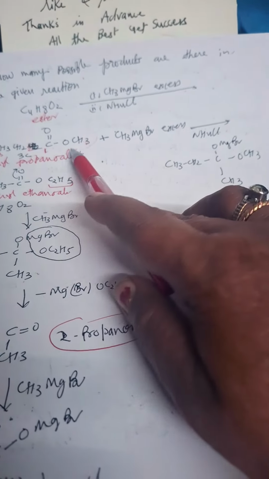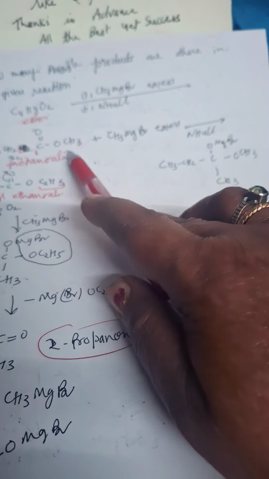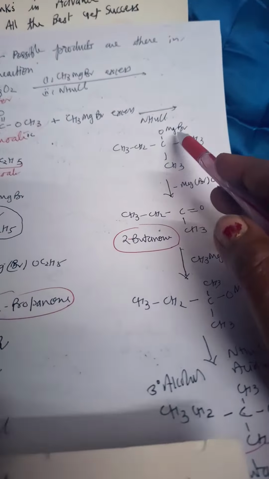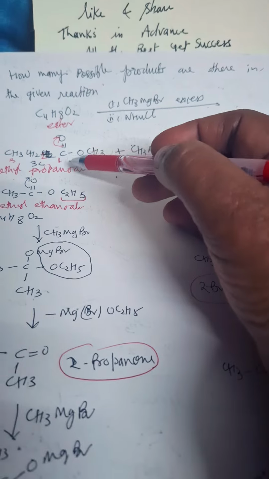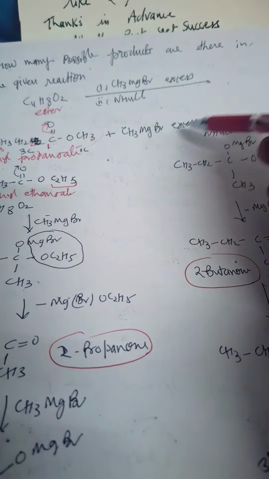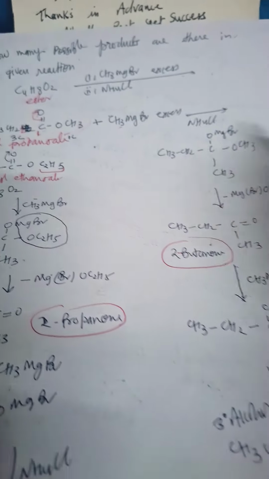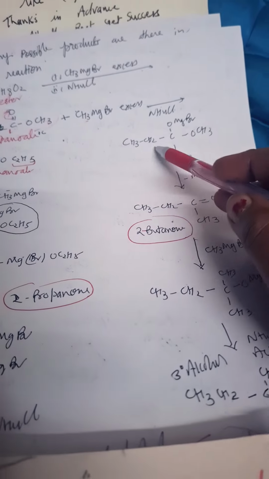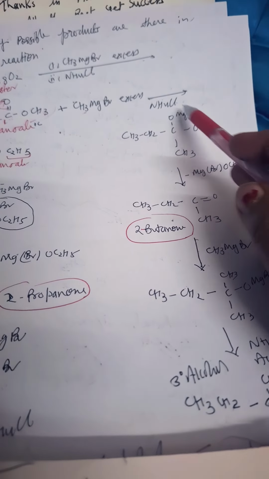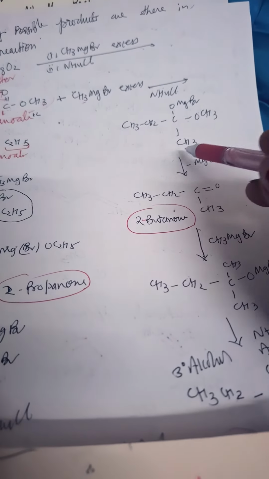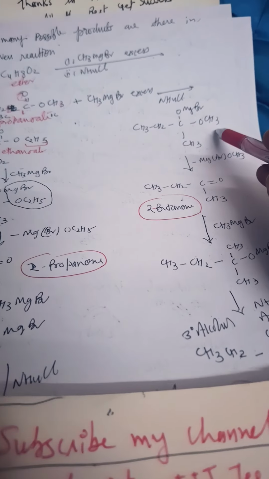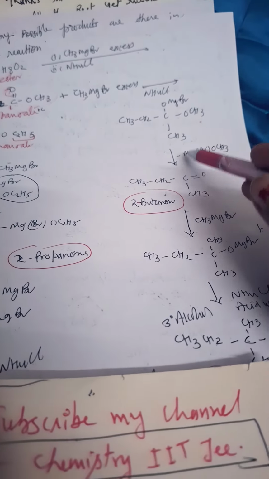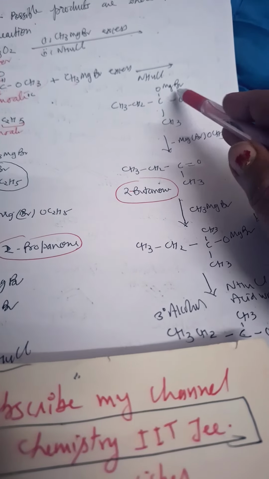So first I will do CH3CH2COOCH3. What will happen over here? The oxygen attracts the shared pair of electrons towards itself, and this carbon becomes electrophilic. So this CH3 group attacks this carbon, and I made this structure: CH3CH2C with O-MgBr joined to O, and the CH3 joined to the electrophilic carbon. So we'll get this adduct, and then this is a very good leaving group.